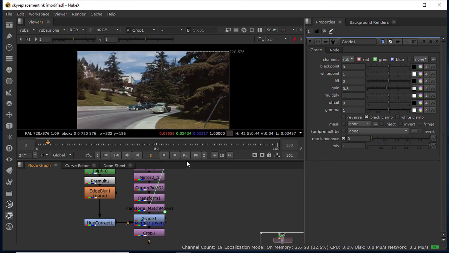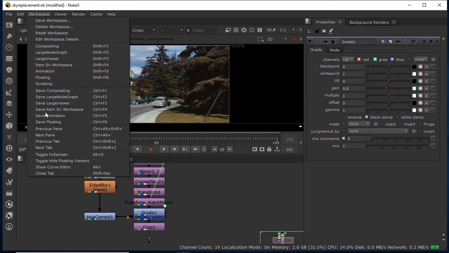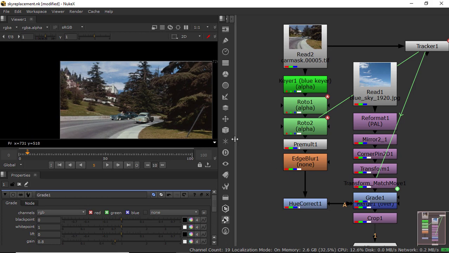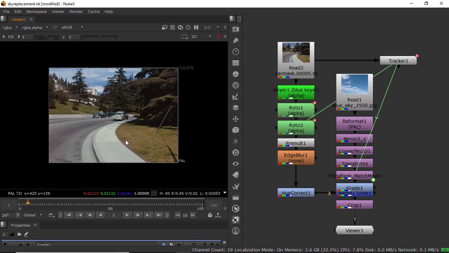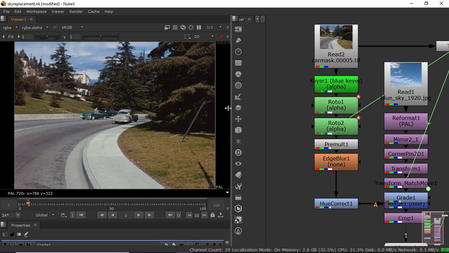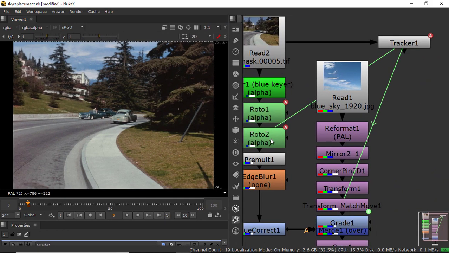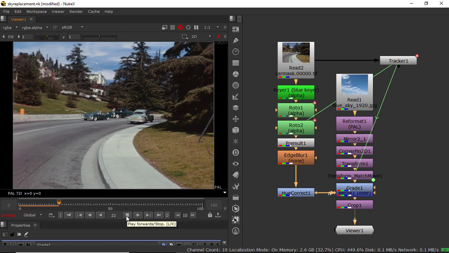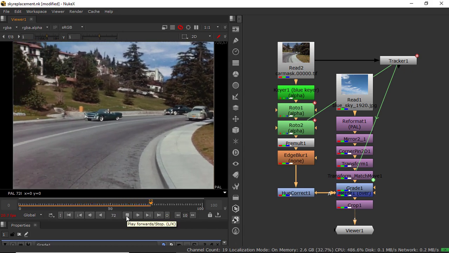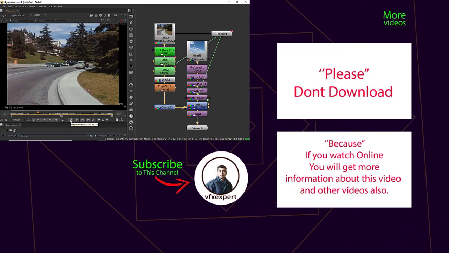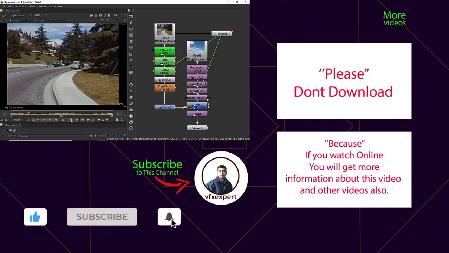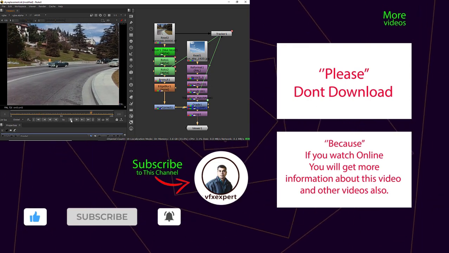Finally, now I am going to switch our workflow. Just click here. Now you will see this is your final sky replacement, and this is your flow. Now play and check, press H. Now see, play and check. So you have successfully replaced your sky. The remaining things you can adjust according to your footage, maybe color corrections, maybe anything you can adjust.